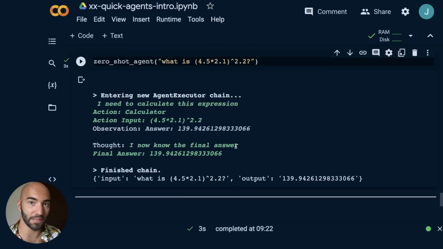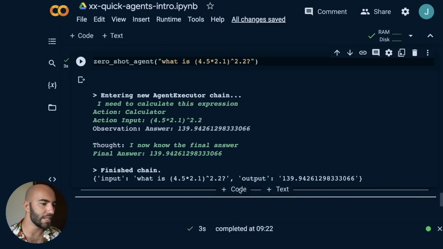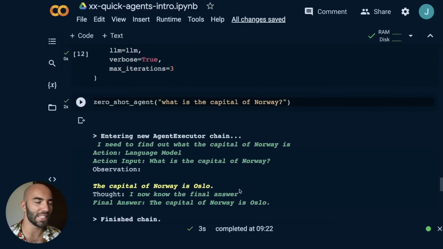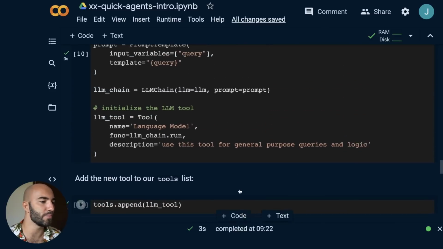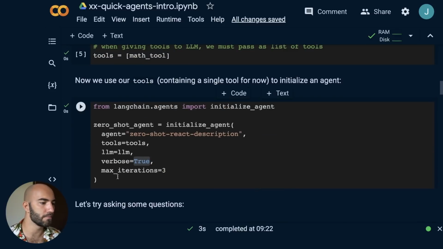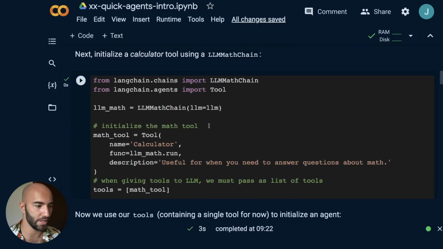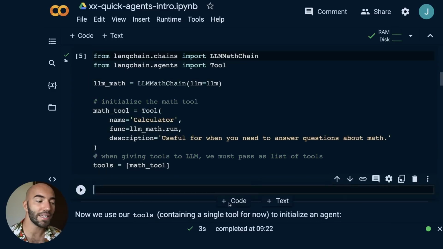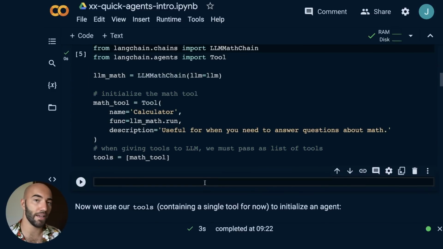And these are 2 super simple examples. Francisco is, in a moment, going to go through, I think, far more interesting examples, and you'll definitely see more of how we can use these agents in LangChain. But before I finish, there is just one thing I should point out, because I kind of missed it for the sake of simplicity, but it wouldn't be fair for me to not mention it. Up here we defined our math tool, right? In reality, there is already a math tool and a set of pre-built tools